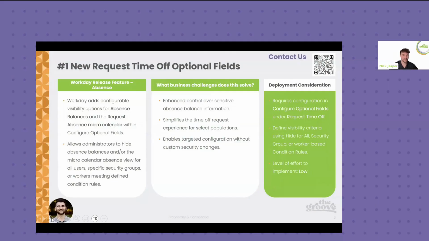My areas of expertise include absence, time tracking, and scheduling. And today I'll be highlighting some exciting new release features in those areas. To kick us off, the first one I want to cover today is the new request time off optional fields. This is an absence feature, and basically, Workday added configurable visibility options for both absence balances and the